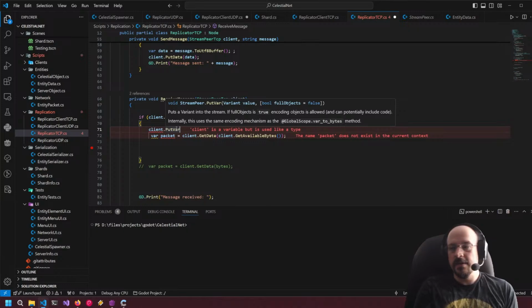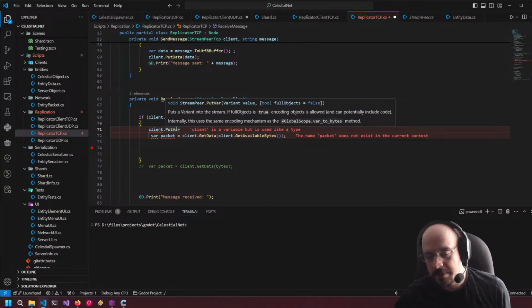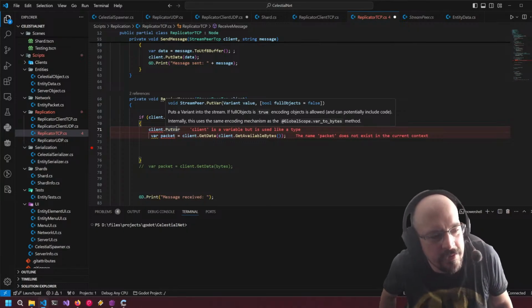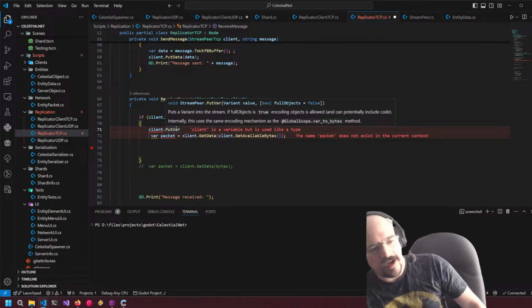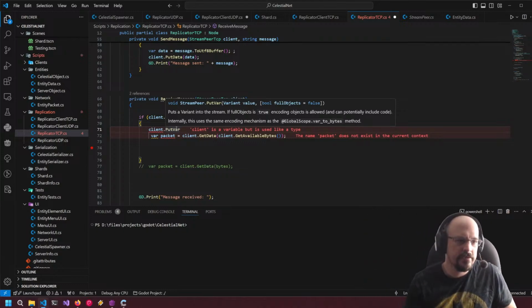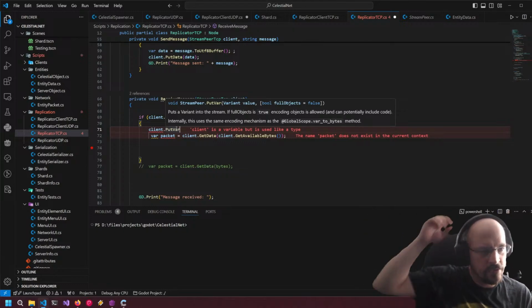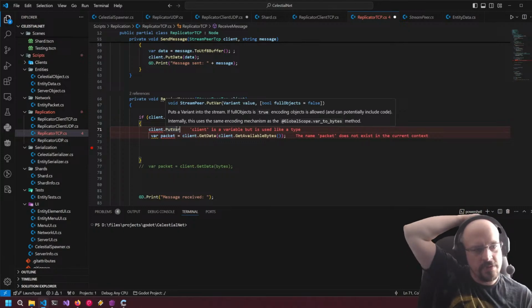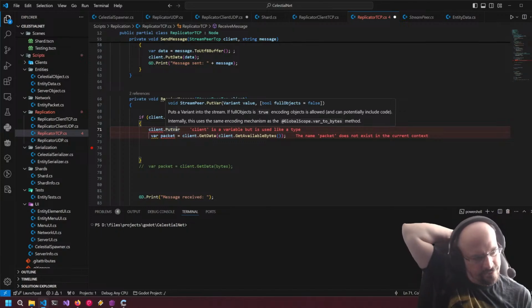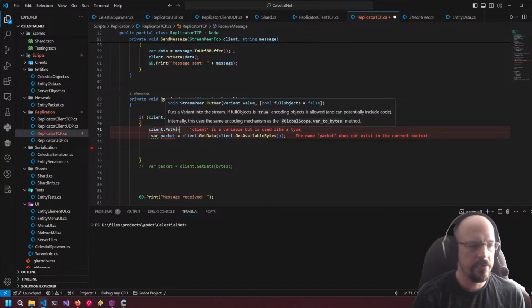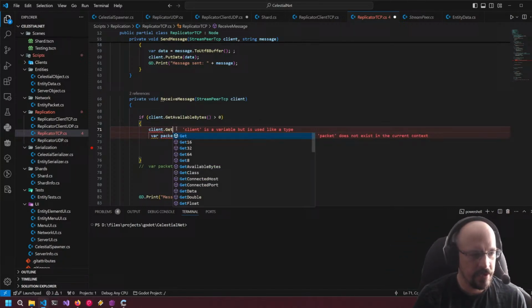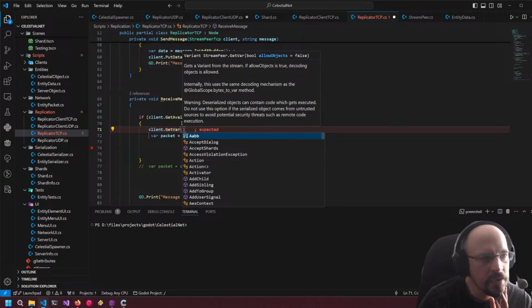Right, this can put an entire variant over TCP, which is great. You can literally just push an entire object. Right, full objects is true. Put the variant into the stream. If full objects is true, the encoding object will allow and potentially contain code internally. And then what would the get bar be then? Would get bar return